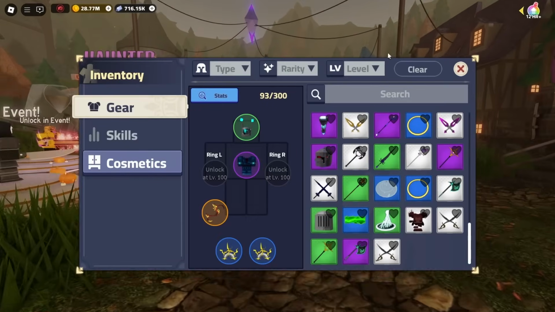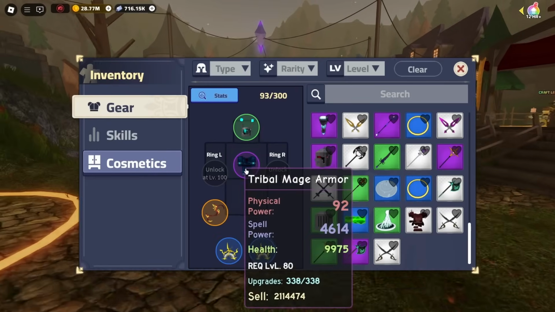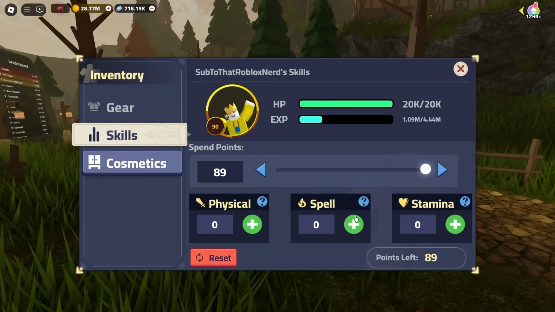Now, I swapped the other legendary that I got for this mage ledge. And yeah, for the most part, I'm using this green helm and this purple armor from Insane. It is not looking great. But yeah, let me just go and reset my stat points because of course we are switching classes, if